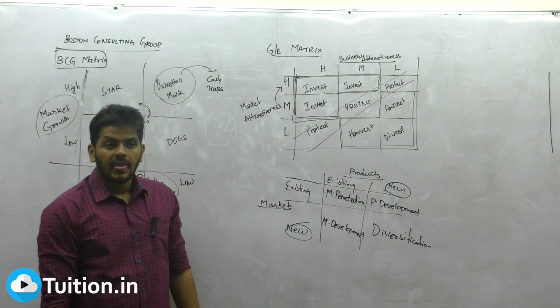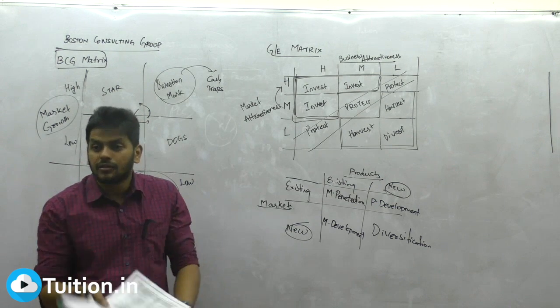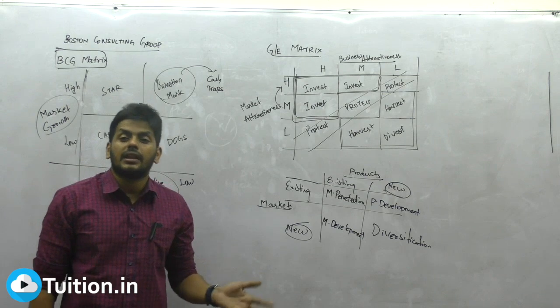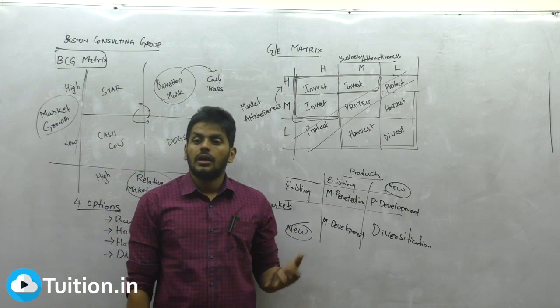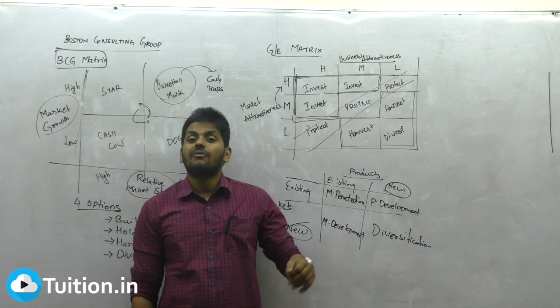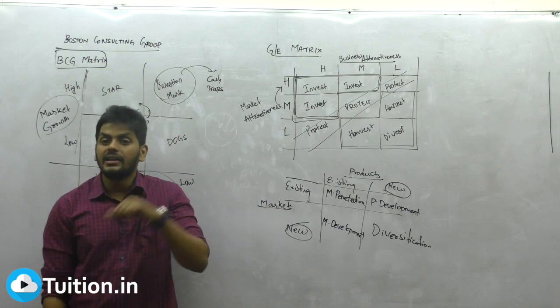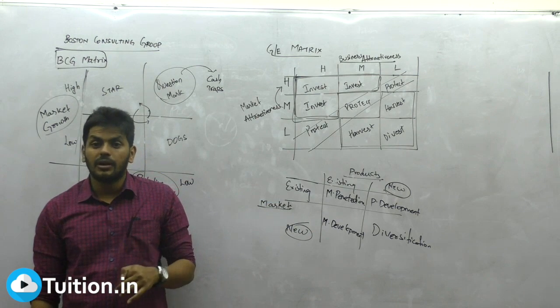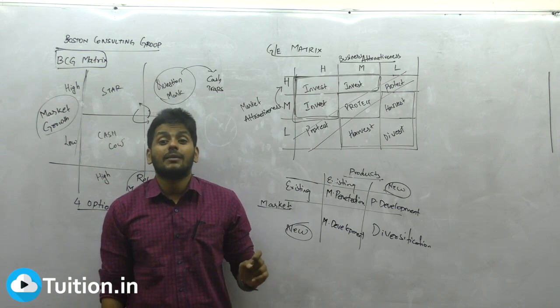Existing to existing is called what? Penetration. Because already the market is closed. Ten people are not going to wake up tomorrow to brush because I introduced a toothpaste. Understood? It's already a closed market. A hundred people are there in that market. I have to attract people who are using others. They have to give up a paste and use mine to test whether my product is good or not. That is how I enter into the market. It is called market penetration.